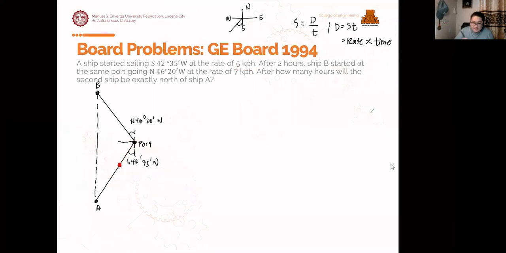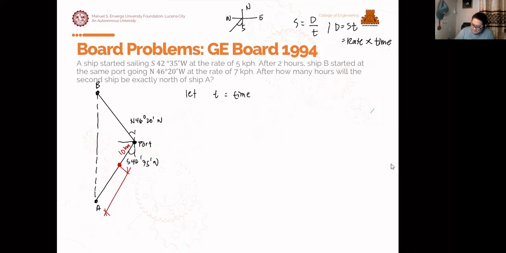How long is that distance? 5 kilometers per hour in 2 hours. Okay? So 10 kilometers. And then this position, this distance, what is its value? Since we don't know how long it takes, that is our unknown, so we just need rate times time. Let t equal